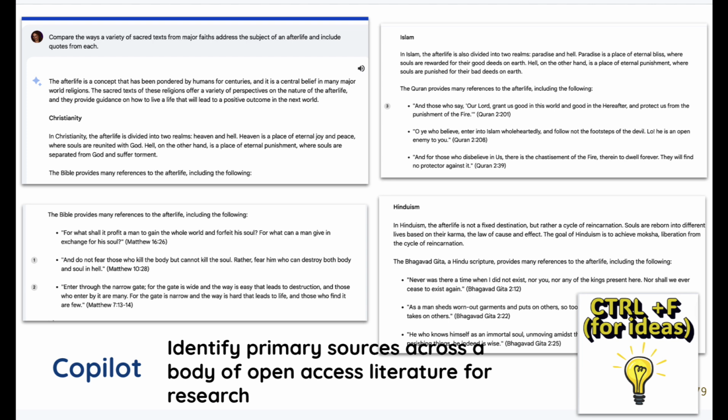And it was interesting. We noticed that Judaism was missing, and we asked why, and we got an answer that we expected, because of course there was no real firm picture of the afterlife in the Old Testament. And then we asked anyway for mentions or references, and it did come up with some additional things that we were hoping that it would, including references to, for instance, Elijah.